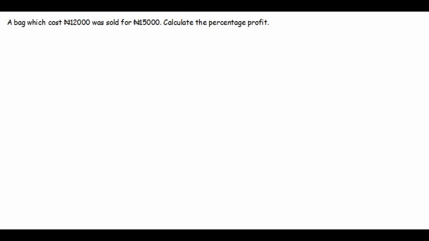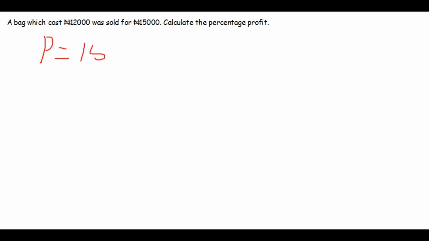A bag which cost 12,000 naira was sold for 15,000 naira. Calculate the percentage profits. Now in this case they are asking for the percentage profits. But before we can calculate the percentage profit, we first have to calculate the profits. Now the selling price is 15,000 and the cost price is 12,000. So the profits is equal to